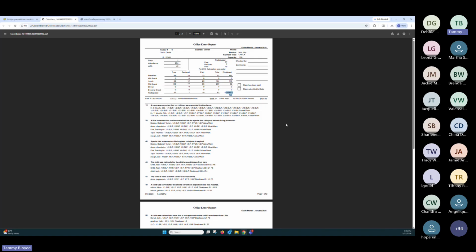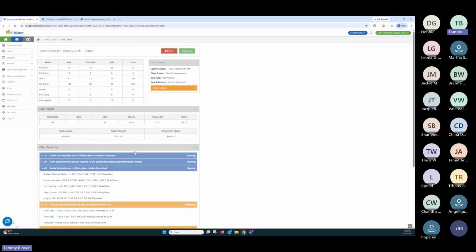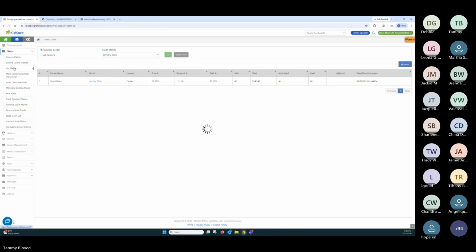How did I get to what page? Which page? I'm in a multi-site account, so it's going to look a little bit different than the individuals. But for the claim page, in an individual site, oh, I have a reprocess button. I don't trust it because I've never used it in this account. This page. So it's under claims and list claims. And then you click into the claim here.